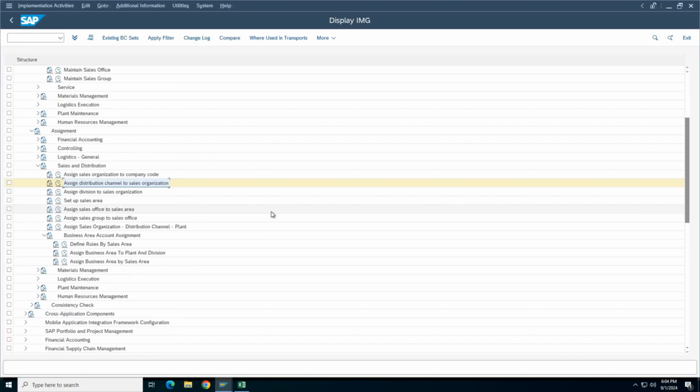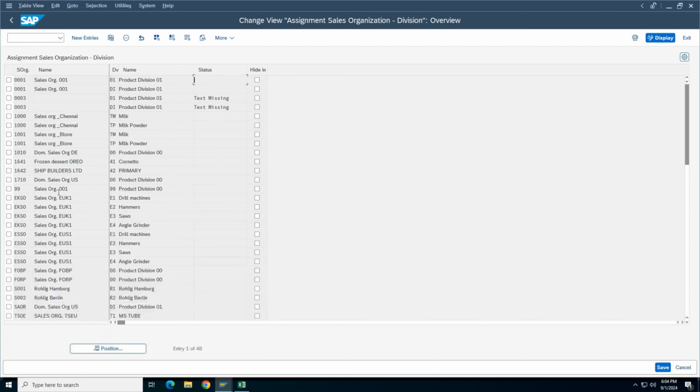The next activity, we will be assigning the divisions to the sales organization, continuing our configurations of the sales and distribution enterprise structure. Now execute the node, assign division to the sales organization, and you will be landed on the screen. Just as we did in the previous step, where we assigned the distribution channels to the sales organization, now we will do the same for the divisions. Now click on new entries,